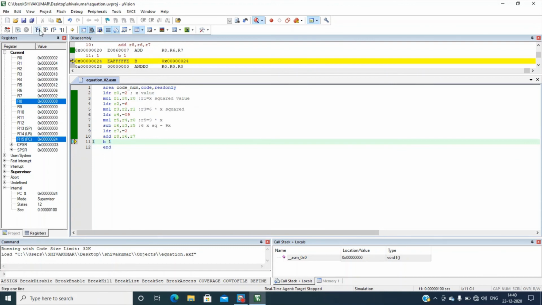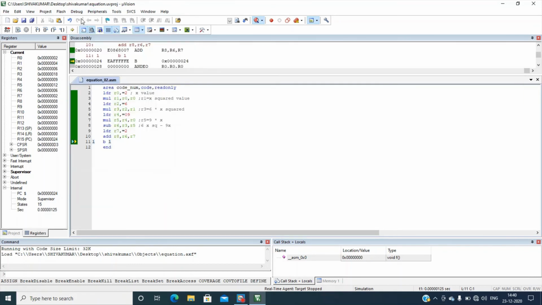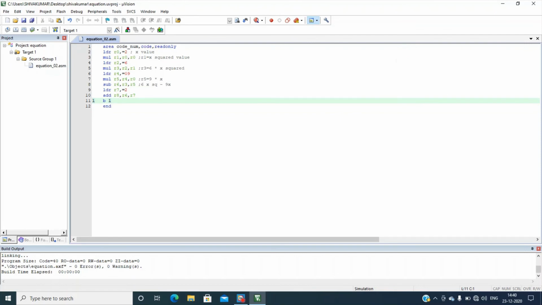It is the end. Verify this in the lab. Stop the debug session, and you have to close.